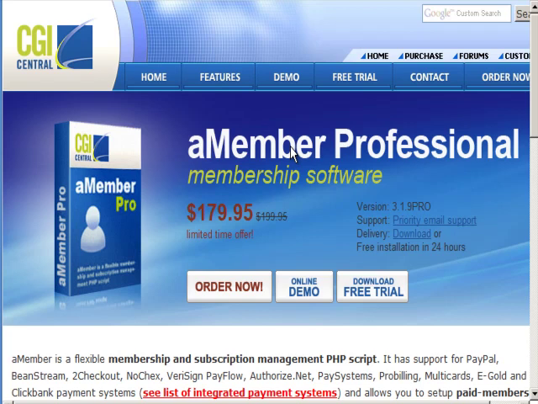So AMember is a great piece of software. As far as product delivery goes, it allows you to deliver the product quickly and easily to the customer. It also gives you great security features, as well as integrating into a lot of different payment sites, and it's been around since the creation of membership site scripts. And of course, another thing that it offers is affiliate systems. So if you want to have affiliates or track their sales, you can give the coaches, consultants, affiliates, or anybody like that an affiliate link